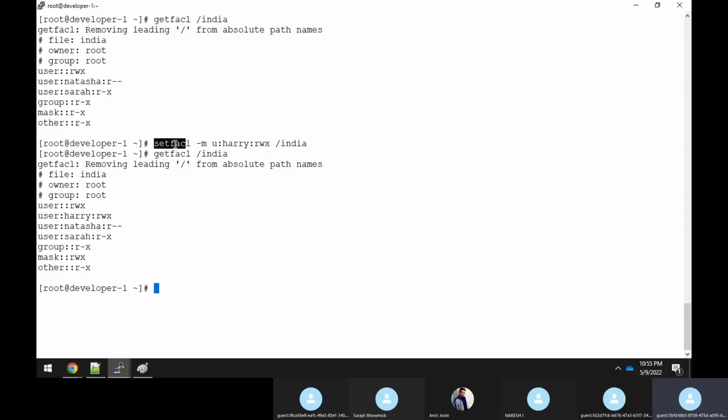Correct, guys? So this is a very good way, right? Instead of going and changing it for others, which will reflect on all the users, you are maintaining different permissions for different users. This is what we call special permissions. So when I do an ls -ld /India,